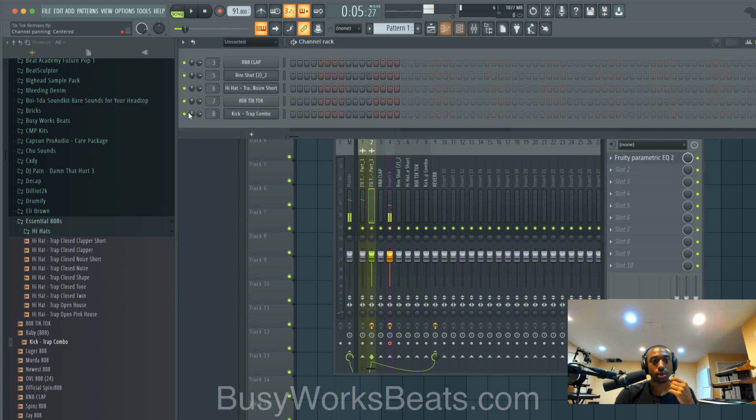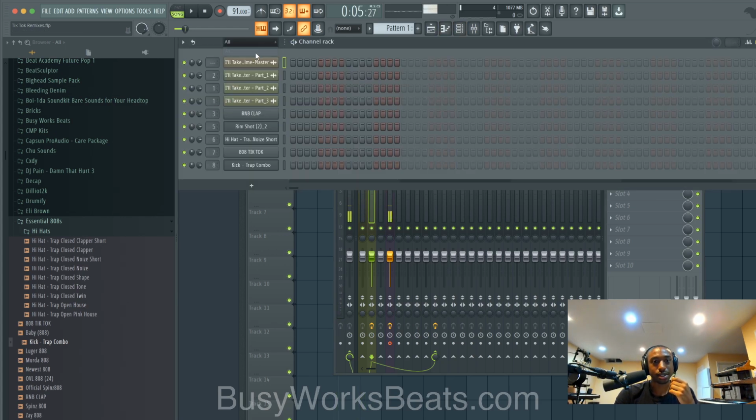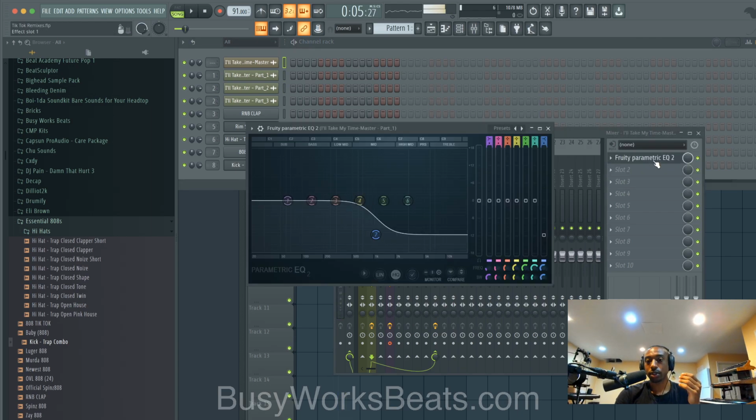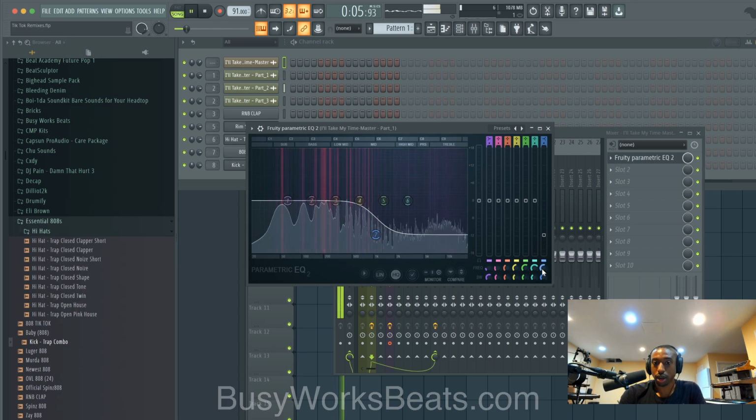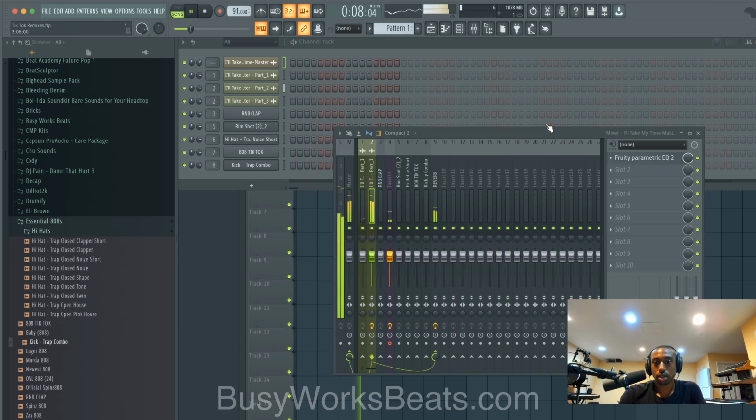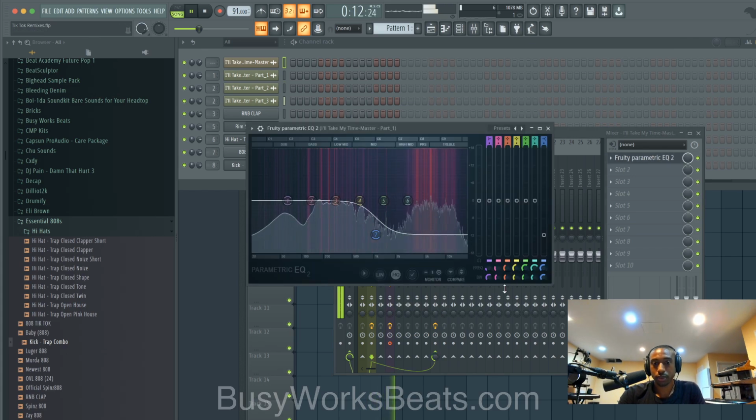Using the high shelf, just left click and drag this down. Somehow these are routed to the wrong track. Let's fix this. Okay, oh, I did it in reverse. I meant to do it the other way around. So 2, 2, and 1. So the reason I'm adding a filter here is so that when you have a vocalist or somebody get on this track, they can get on top of the track as opposed to the original track being too bright. Also, you can get rid of the lows.